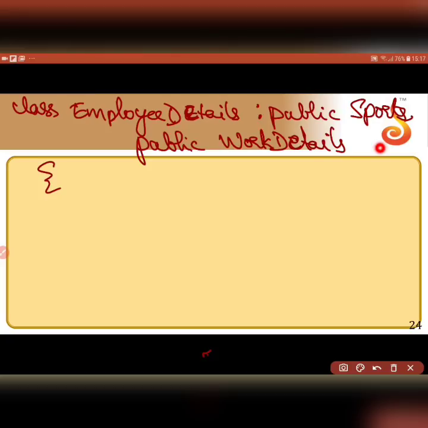And then how many data members will it have? Employee details will have two data members from sports. What are those? That is incentive and sport name, and it will get two data members from work details, that is designation and salary, because they were declared in the protected section of the class. So it goes to the protected section of the employee details. Hope you have understood this till now, because it is very crucial that you understand what gets inherited to which section here. Then let me say employee details has a private data member,